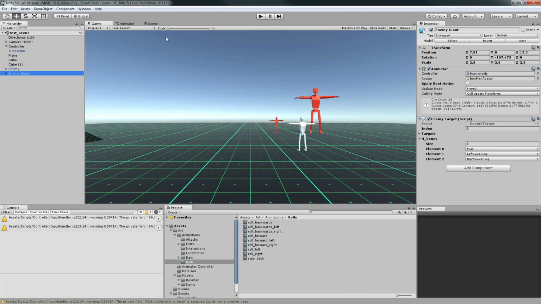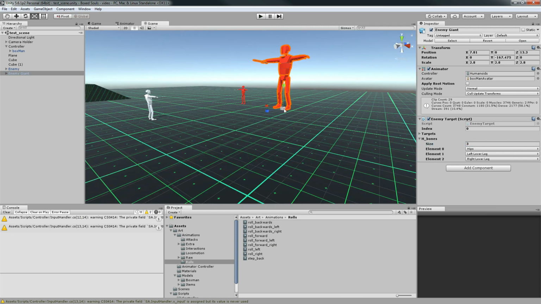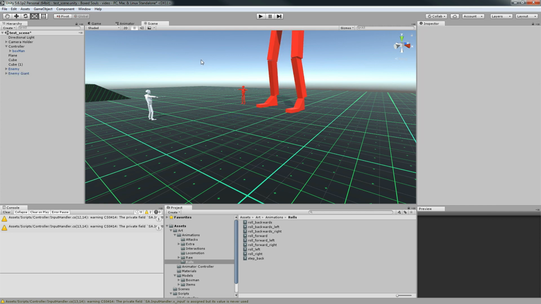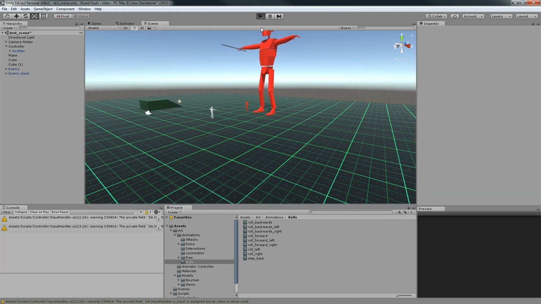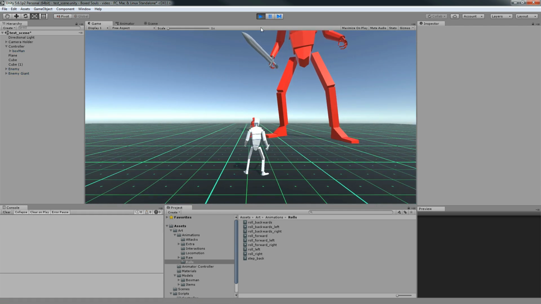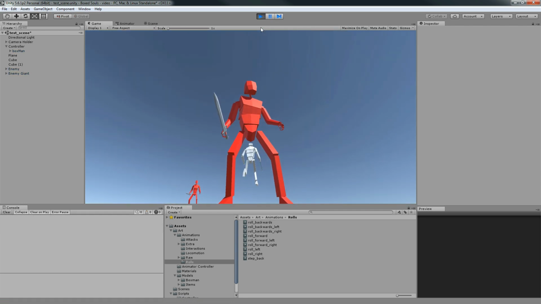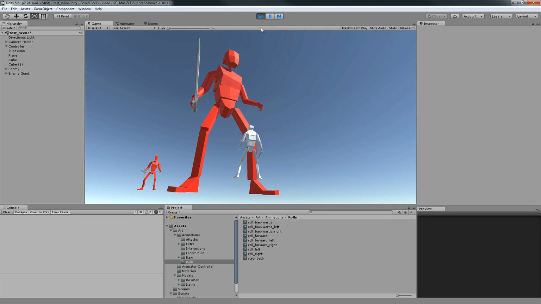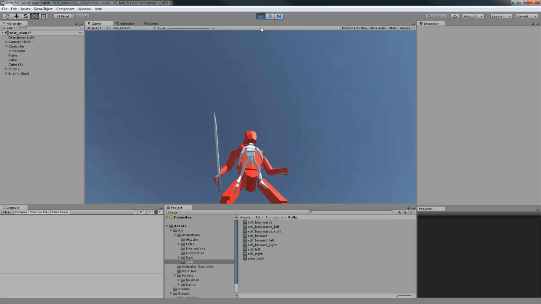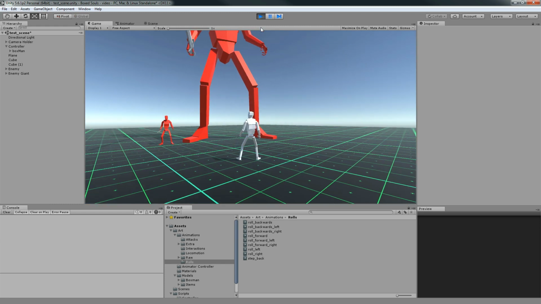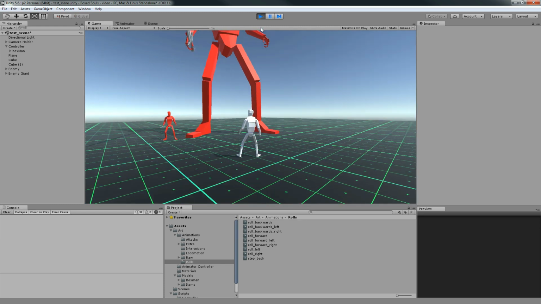Let's make this guy even bigger so it's really apparent where we are locking. So let's hit play. Okay, we are locking on his hips. We are looking on his upper right, where his leg is. We are looking at his junk basically, but anyway,